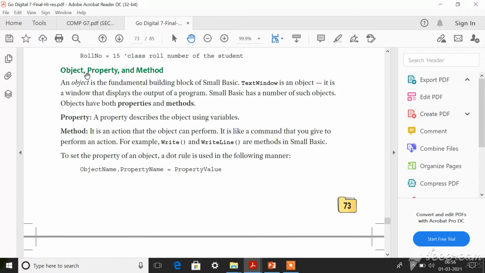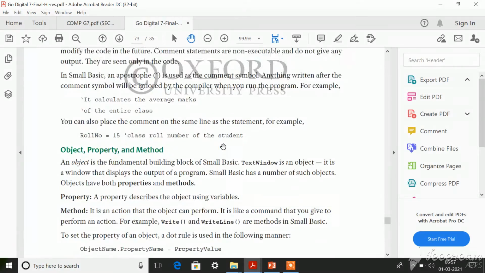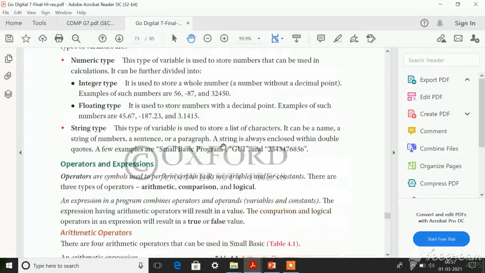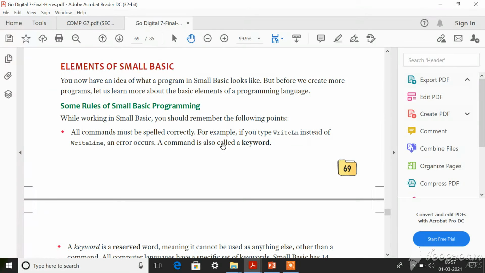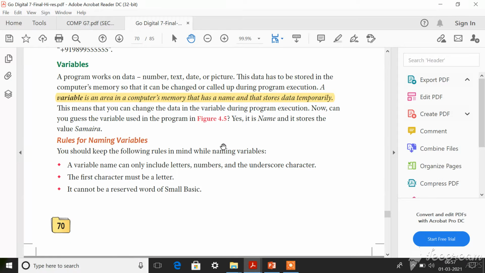Objects are some predefined words. Text window is an object name. So words like text window and write line cannot be used as a variable because these words are already predefined. They are called reserved words. They cannot be used as variable names.